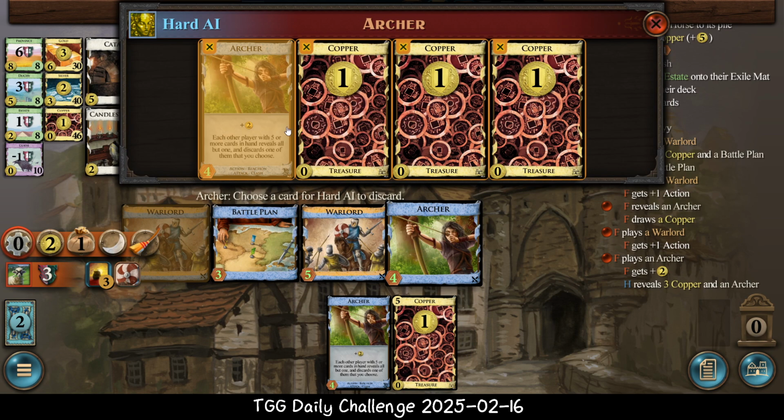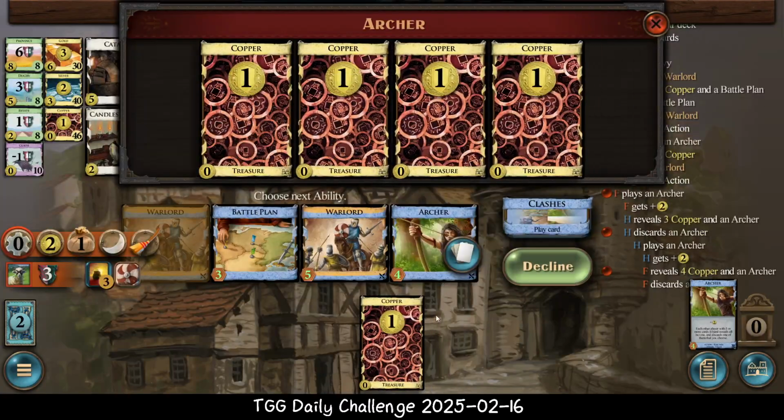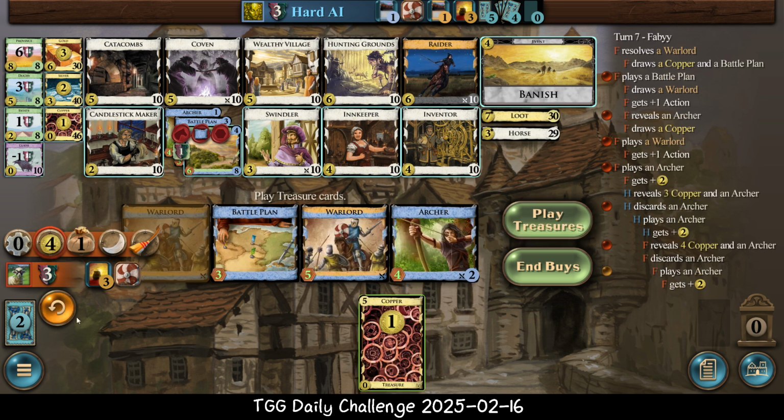We could get attacked here by the archer, which would discard our archer. Actually, let's get attacked by the archer here. And maybe the AI will discard our archer so we can attack it back. This is so ridiculous. I'm sorry. What is this kingdom? This is insane. And yeah, look at this. We get to become insanely thin here. Next turn, we will be able